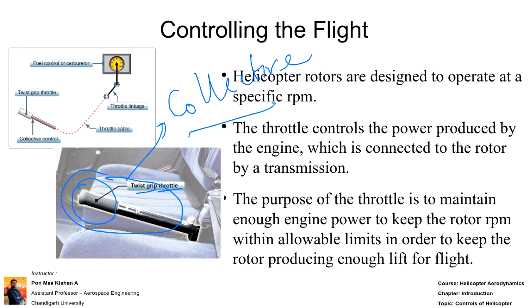It depends upon how the pilot is representing it. Sometimes they will use the term collective control system also. At the end of the collective control rod, there will be a twist grip throttle, like our accelerator. This throttle will be used to increase the engine RPM, and if we change the engine RPM, the rotor blade speed will also change correspondingly. This is how the pilot changes the rotational speed of the blades, with the twist grip throttle available in the collective control itself.